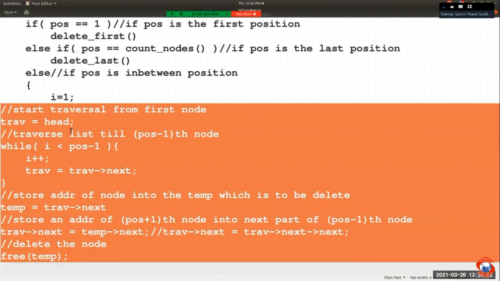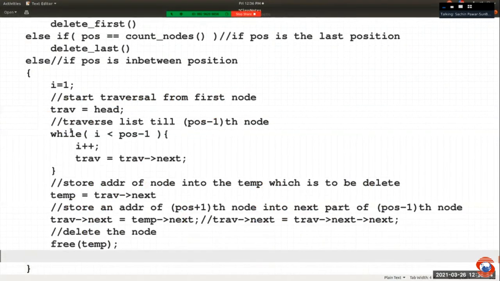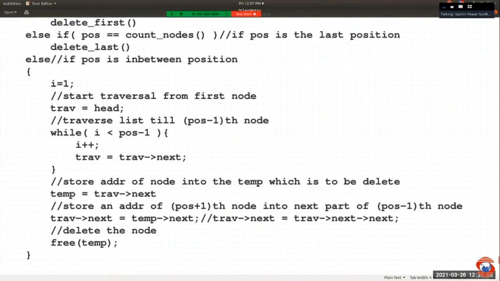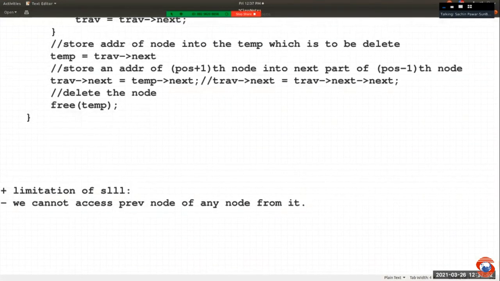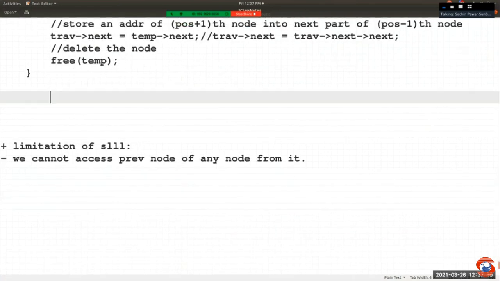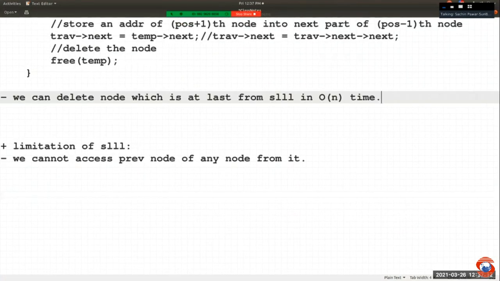So this is how we can delete node which is at specific position from singly linear linked list. Again, in how much time, guys? Again, we have to traverse list, right? So it takes order of n time only. So we can delete node which is at specific position from singly linear linked list in order of n time,